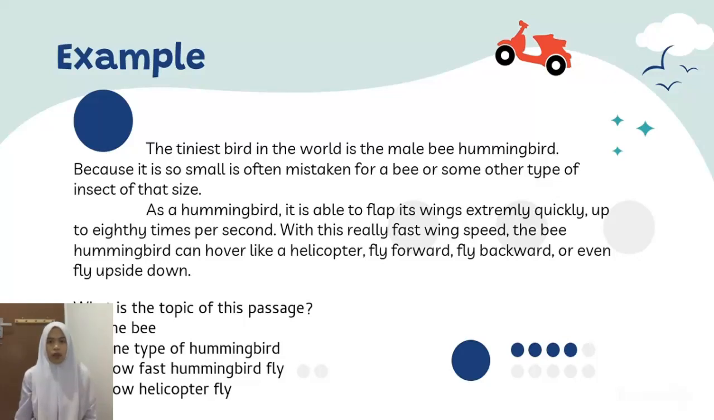What is the topic of this passage? The answer is B, because in the first line there is the sentence: the tiniest bird in the world is the male bee hummingbird. Next, skill 2,